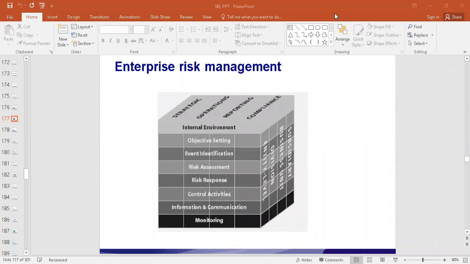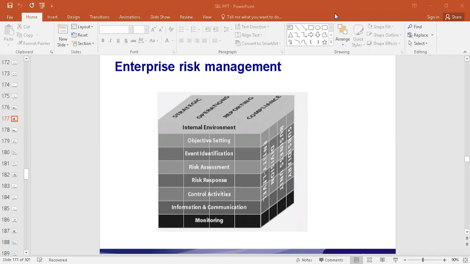What are the events that can cause risk to the business? How do we identify them? I did mention to you about a risk register, in which all possible risks that are possible to happen are recorded. The details about those events are recorded, and that can be referred to for reference. Or there are certain software available which can talk about the possible events that can happen, which can cause risk. So events have to be identified. Events can happen internally, externally.